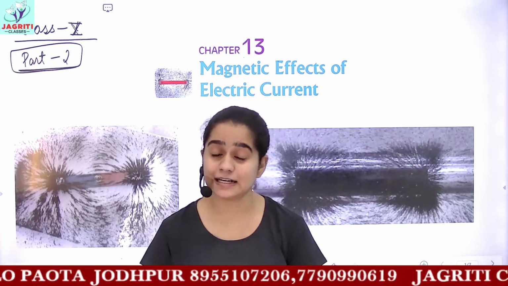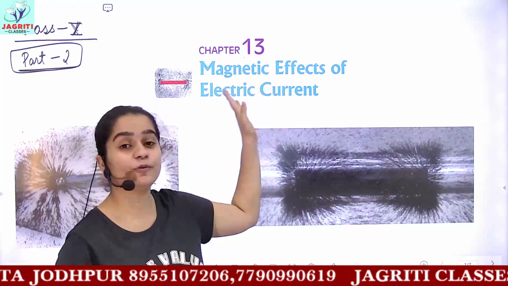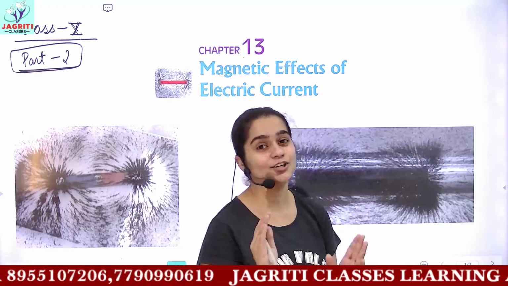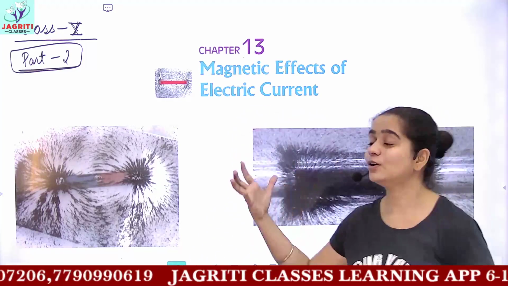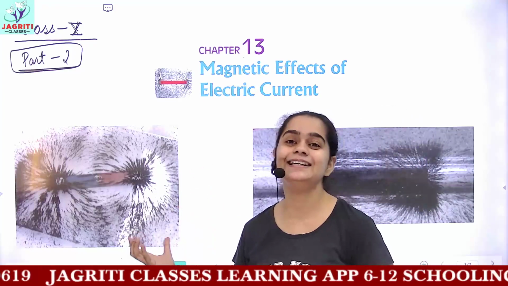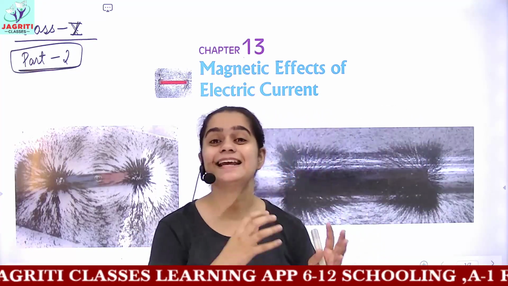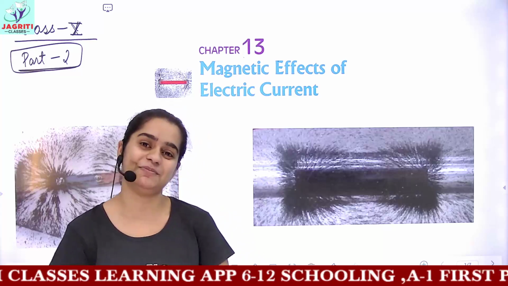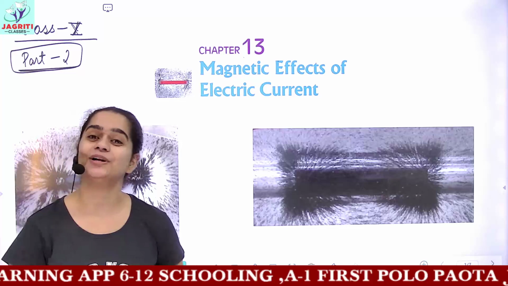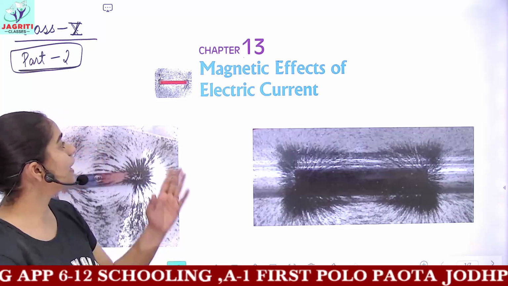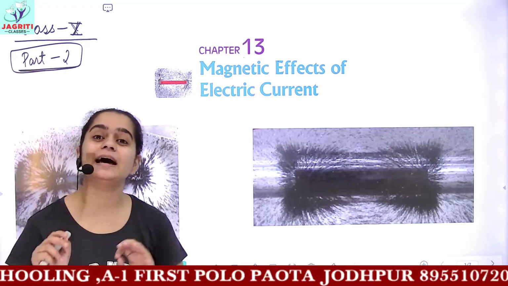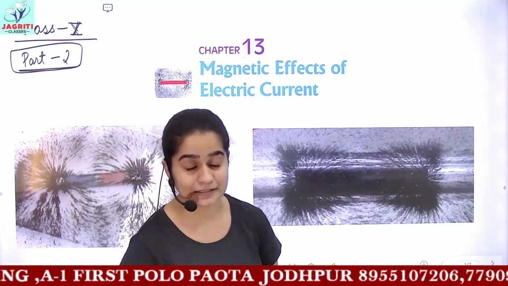Then we also discussed that this phenomenon of magnetic effects of electric current was discovered by Hans Christian Ørsted. I told you what experiment he did, then we got observations, and then we discussed the conclusions of the experiment. I told you that the exact circuit diagram you have to do from your NCERT textbooks. Now we are at the last: I left the class with the topic magnetic field lines and properties of magnetic field lines.